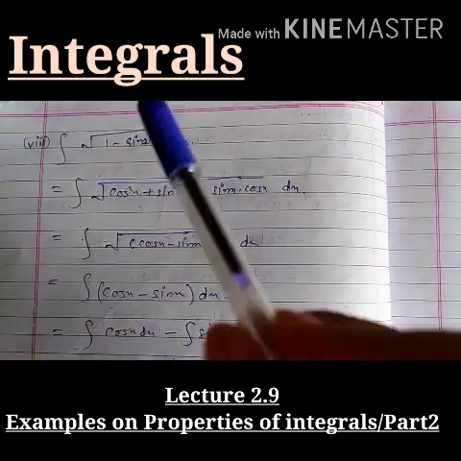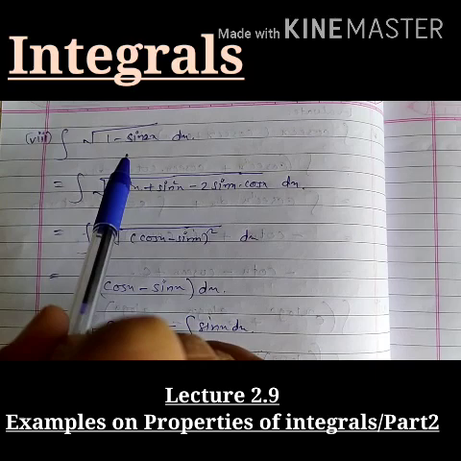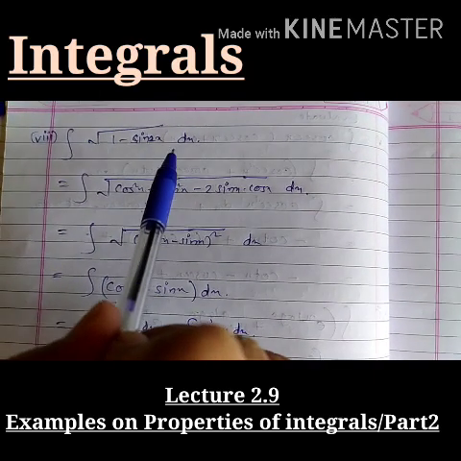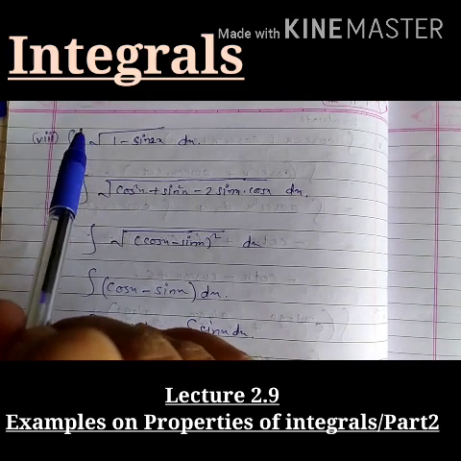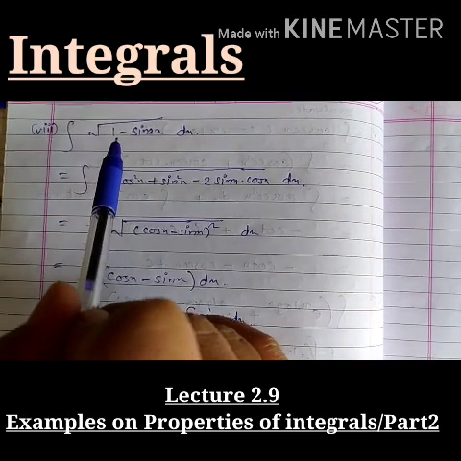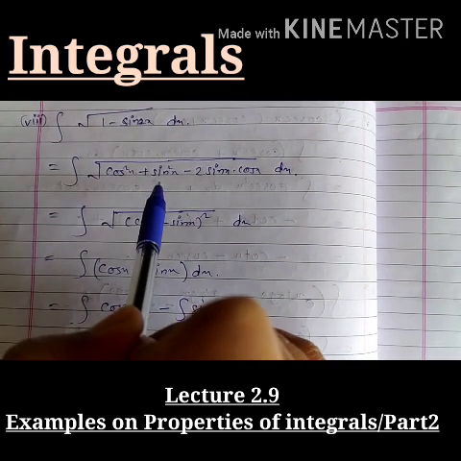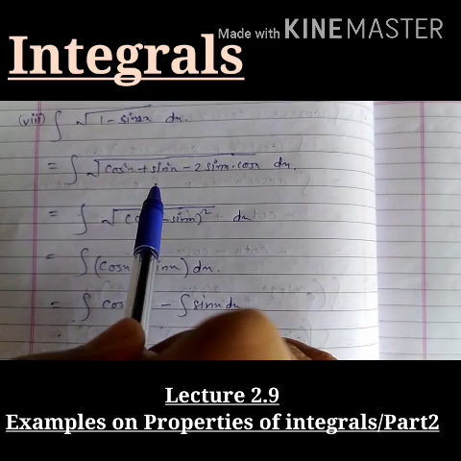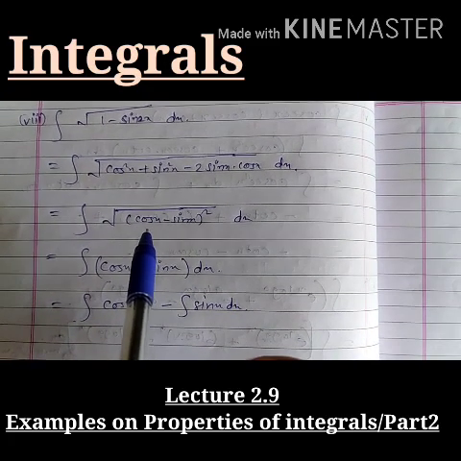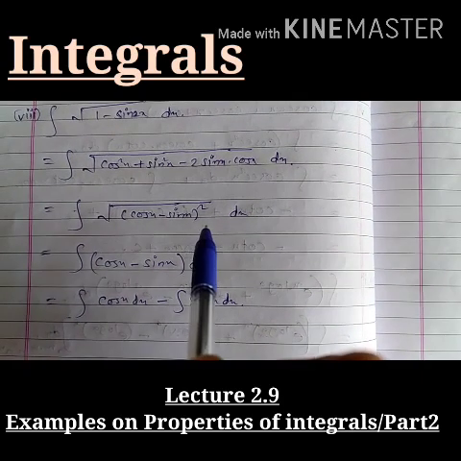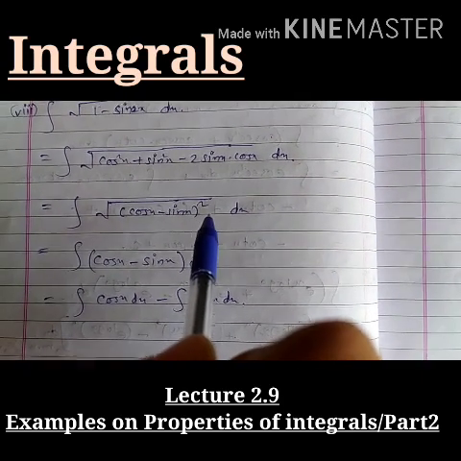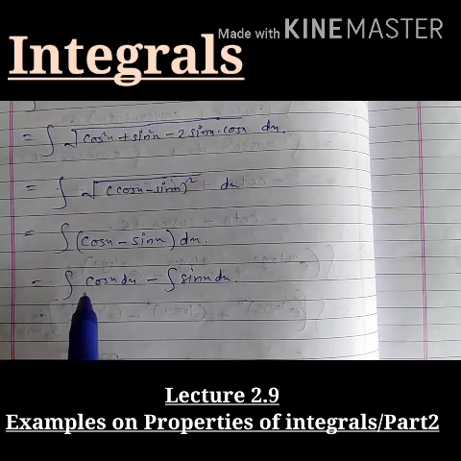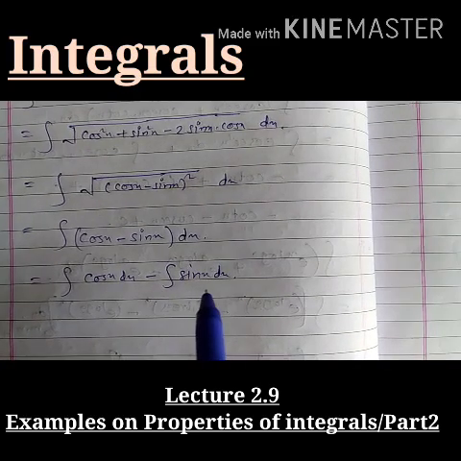Understood? Now the eighth example, integration of square root of 1 minus sine 2x dx. Now we don't know the general form for this, and we cannot integrate this square root also. So we'll write this 1 as cos square x plus sine square x and sine 2x as 2 sine x cos x, with a minus sign. So it will be a perfect square. So it is nothing but the square of cos x minus sine x. So square root and square will get cancelled. Okay. So what we have? Integration of cos x minus sine x dx. Now we'll separate the integrals: integration of cos x minus integration of sine x dx.